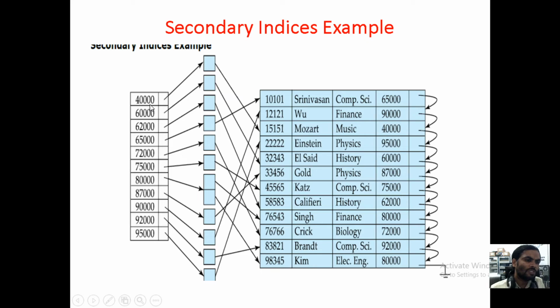With the help of the reference of the block, when we store the 40,000 employee, the block again points to the instructor ID. Under a particular instructor ID, we check whether they have a 40,000 salary or not, searching with the help of the index only, from index 0 to index n minus 1.